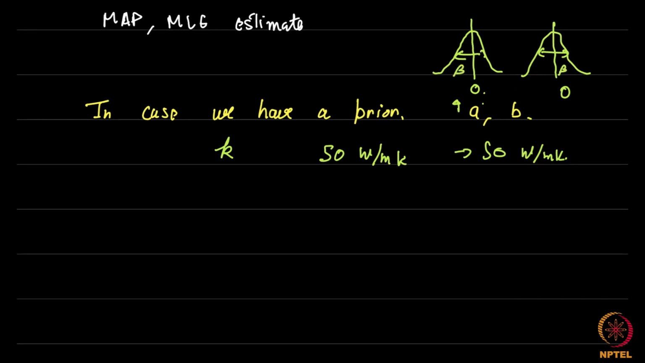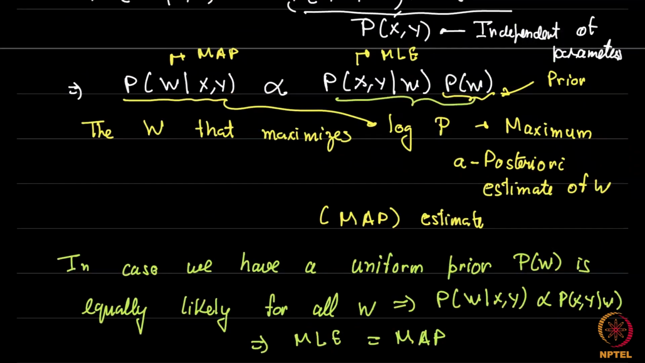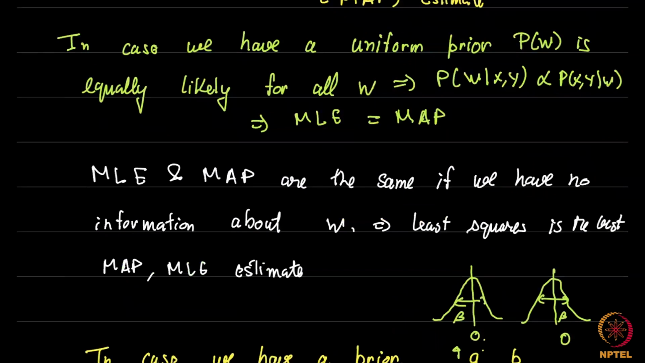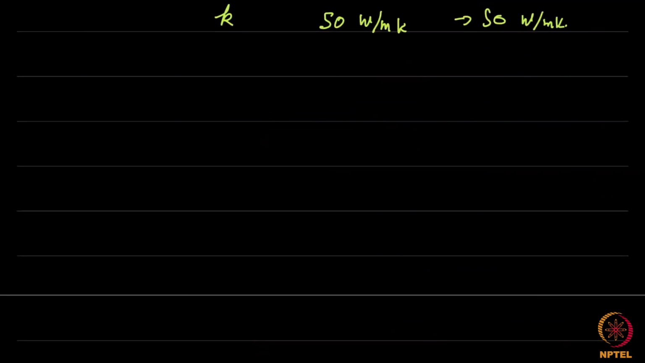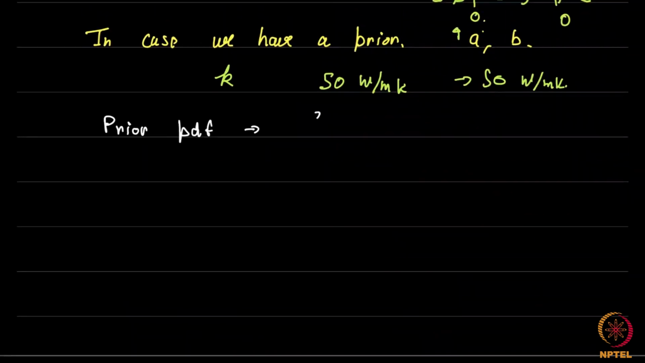Okay. So if we have this, then there is a prior. And this prior is going to affect this a posteriori PDF. So we are going to call this first the prior probability distribution function. So the prior probability distribution function for A, for example, let's say probability distribution function of A, PDF of A,